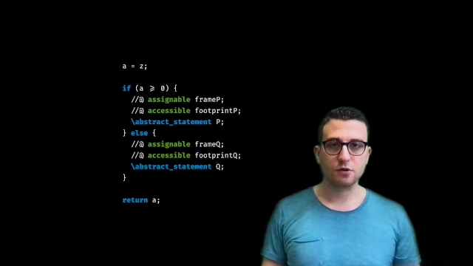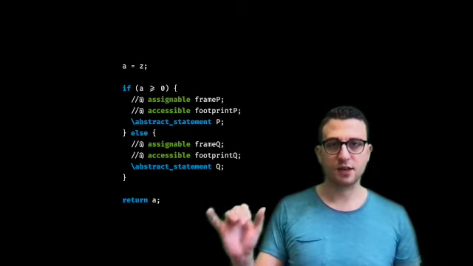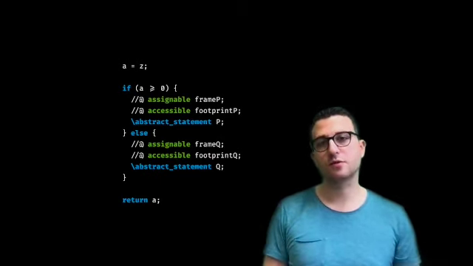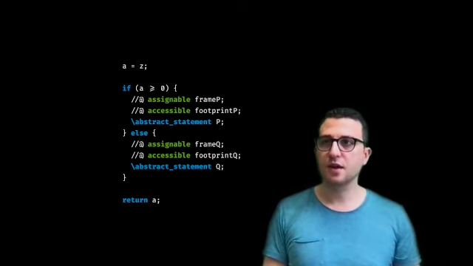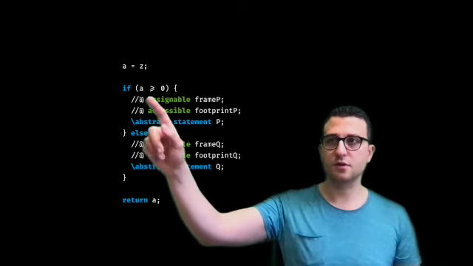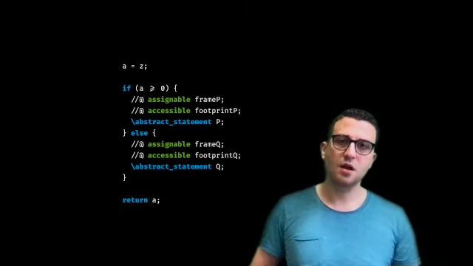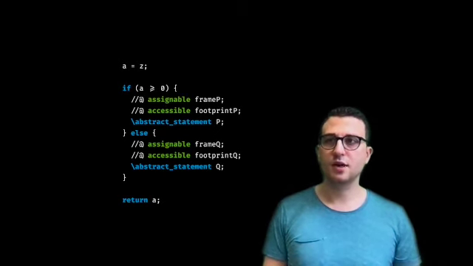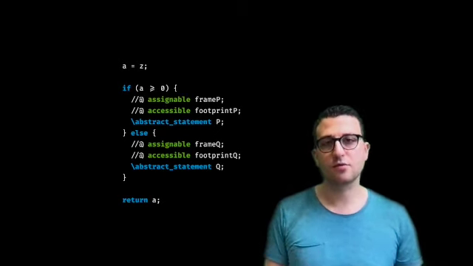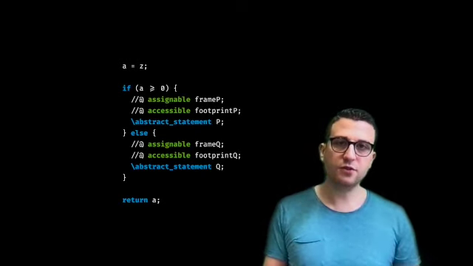So instead of colors, you have names, such that you can have these pairs of programs with the same elements that are linked by their name. And for defining their behavior, I use these comments in the Java Modeling Language. So here I say that P writes to an assignable set of locations frame P and reads from an accessible set of locations footprint P, and likewise for Q.